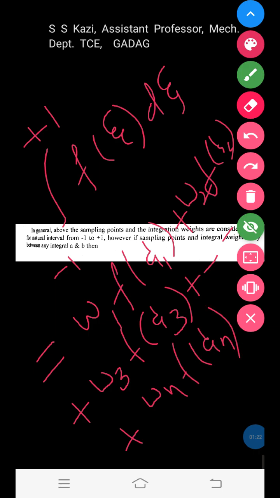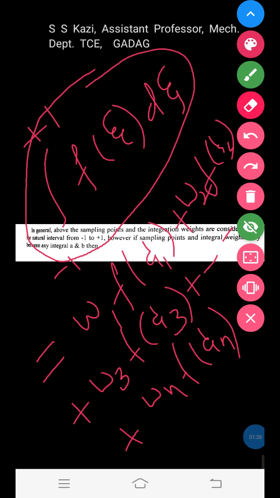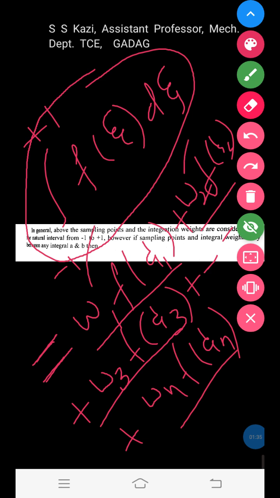That means using Gauss integration method, the given integral can be approximated by this Gauss integration formula, where w1, w2, w3 up to wn are the weighting functions, that is the sampling weights, and zeta 1, zeta 2, zeta 3 up to zeta n